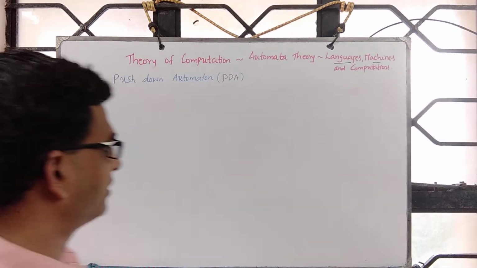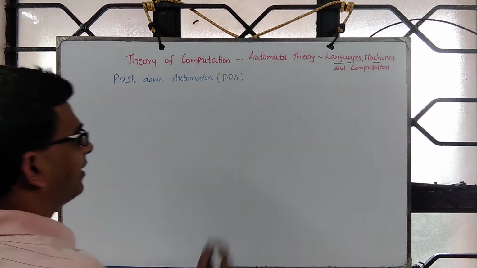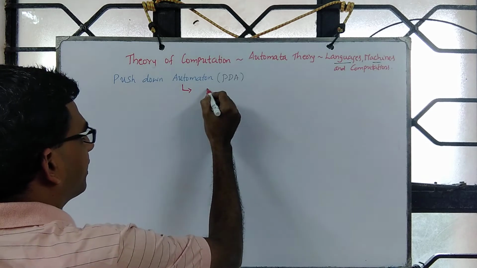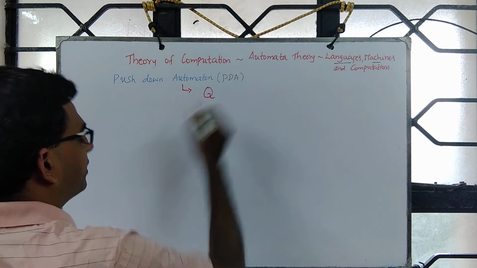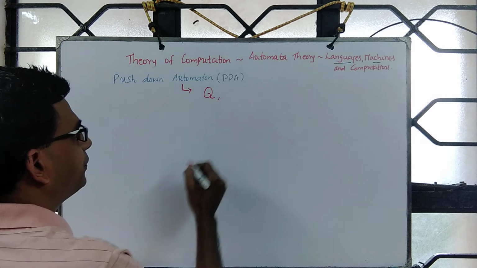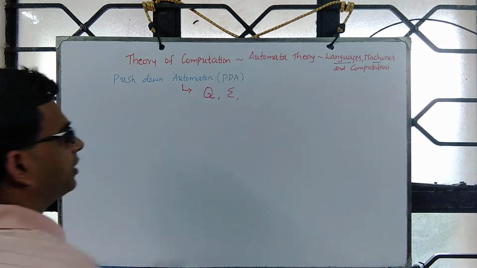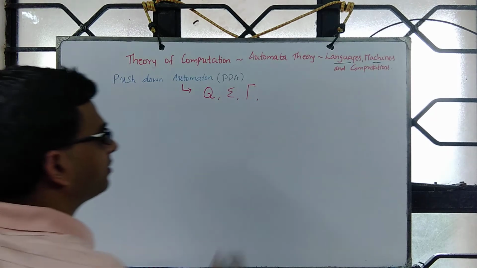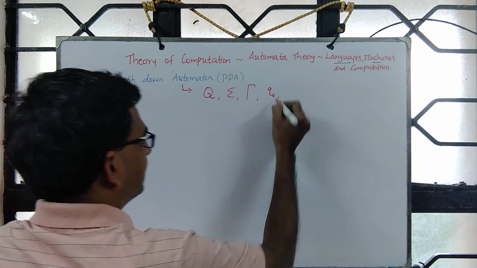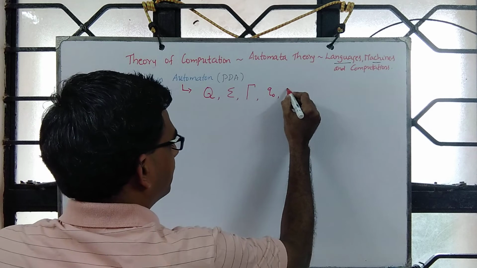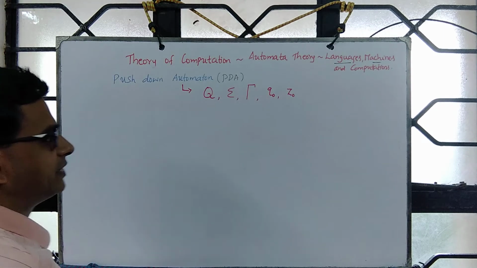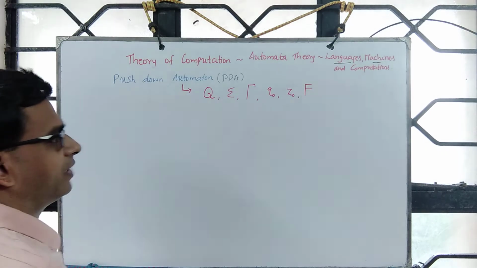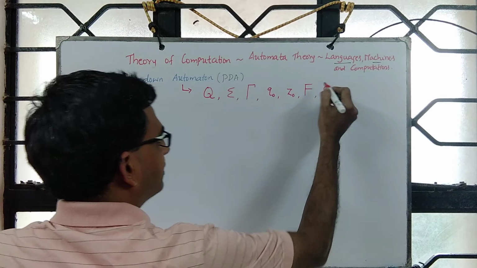Let us continue our discussion on push-down automaton. Having seen a couple of examples, now you can see that a push-down automaton consists of the set of states Q, an input alphabet sigma, a stack alphabet gamma, a start state Q naught, a start symbol Z naught, and a set of final states F, and there is a transition function that talks about